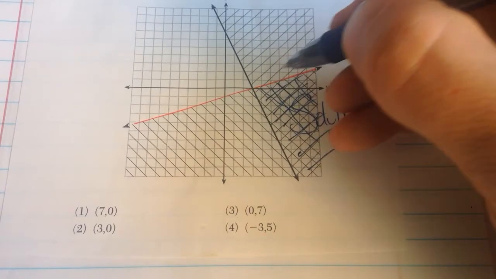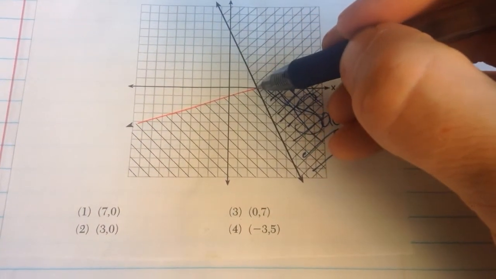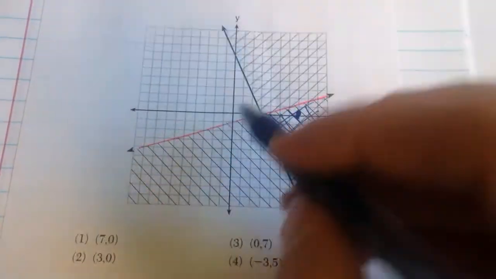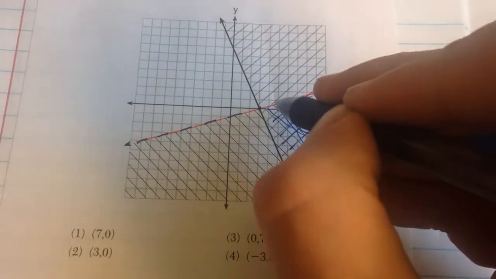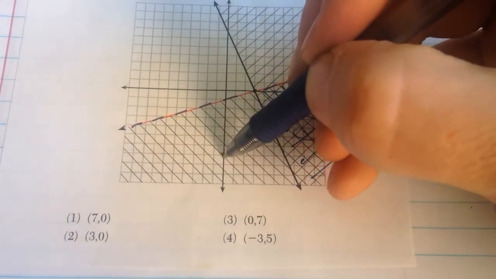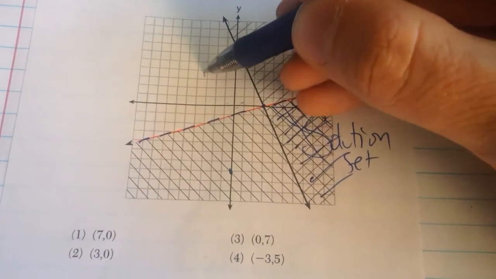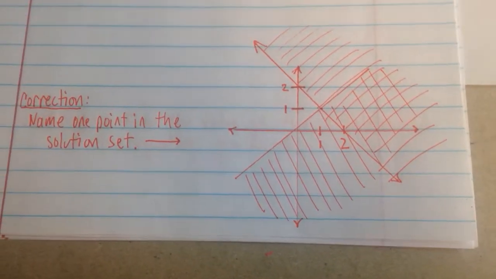1, 2, 3, 4, 5, 6, 7, that's 7, 0. 3, 0 is on there. I believe this should have been a dotted line originally. So if it lies on the line, in that case, it's not a solution. 0, 7 is way down here, and negative 3, 5 is over here. So solution set, choice number 1. For corrections,